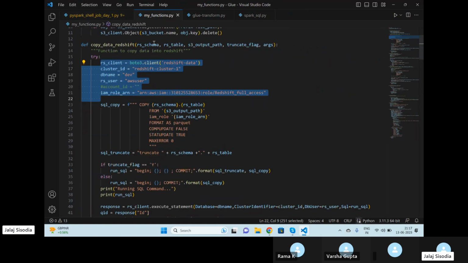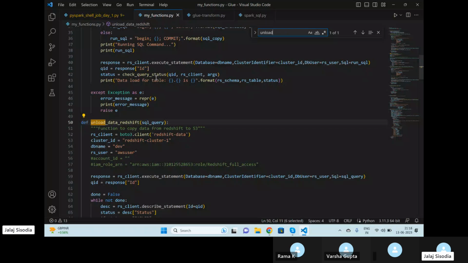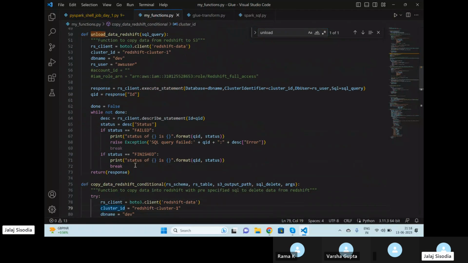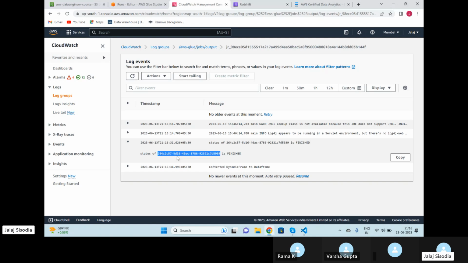We come here to my functions, and we execute unload data Redshift, and on the last line, first I am printing my query ID, second I am printing my status. So the same command I have got here: status of the particular query ID is finished. And I'm successfully able to read my data into my data frame. And if I resume this,